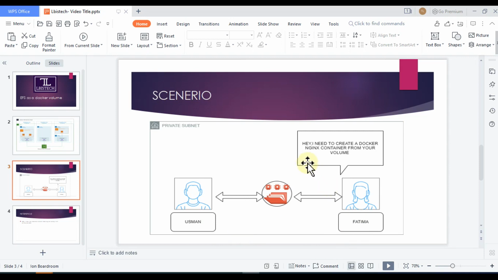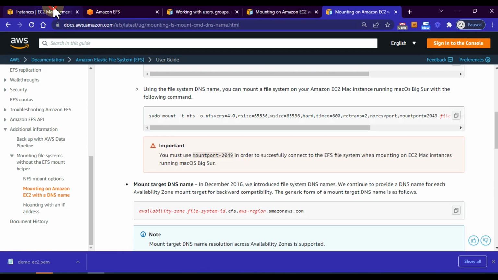So what Usman does, Usman has created a container for Nginx, and he has created a beautiful website on which Fatma wants to do some changes. So how can Fatma change the website content in the Docker Nginx Docker container? So let's suppose we have two instances. Let's create them,